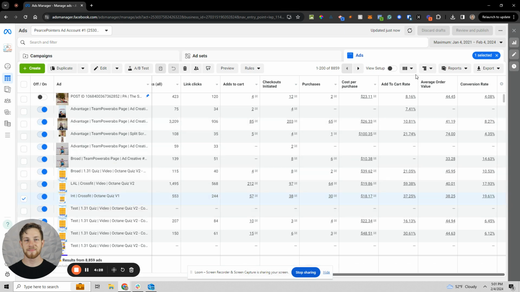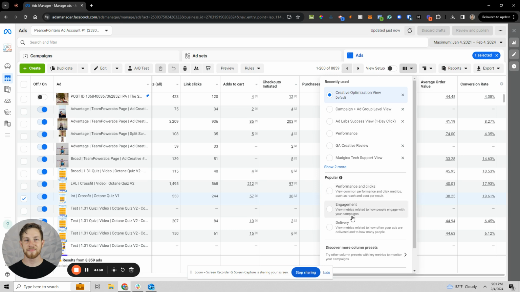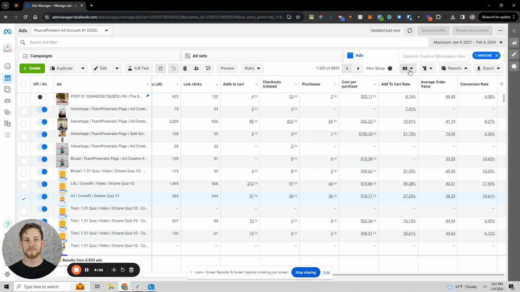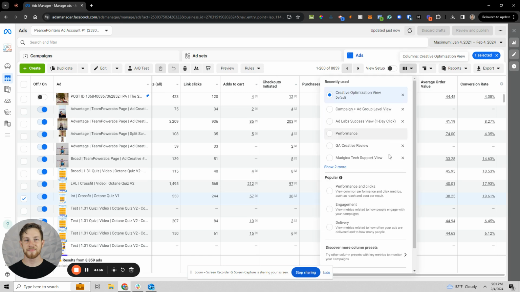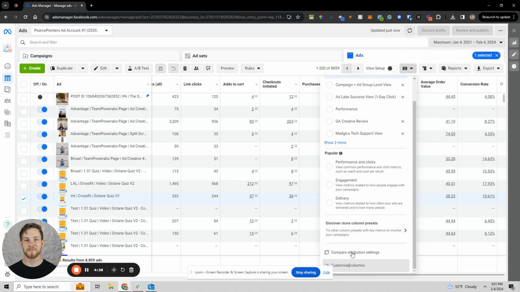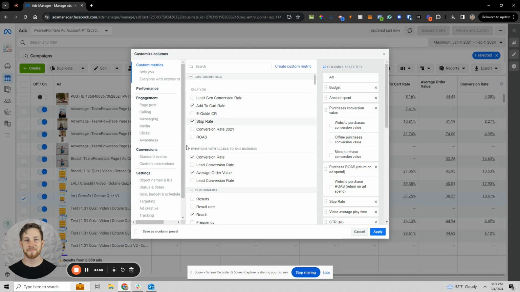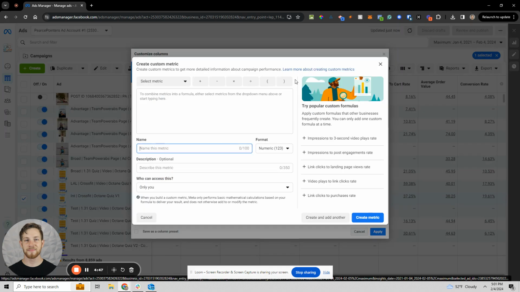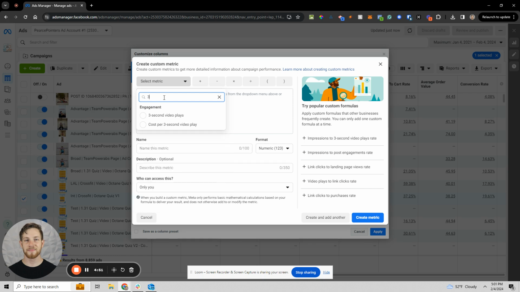Now we're going to go through and actually create the metrics themselves. So how do we do that? In Facebook, at least, and in just about every platform, you're going to find a central view here. We're going to click on the drop down, go to customize columns, and then you see in this section where it has custom metrics, we have ones currently for only you. Very simple. We come in here, hit custom metric, and for stop rate, which is the one I think most of you will probably want to have